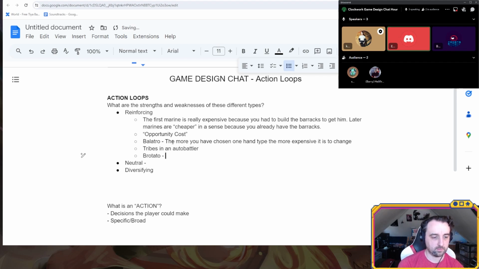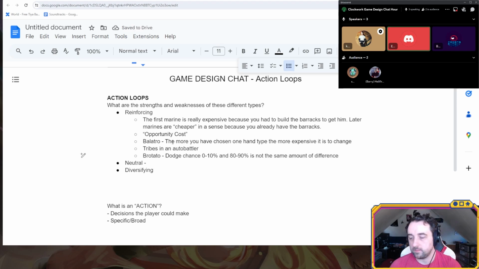And then Dark Twinge a couple days ago mentioned in Brotato there's these damage reduction or dodge chance stats. The way it works is as your damage reduction or dodge chance approaches 100%, it is increasingly more and more valuable, right? If you go from 0% dodge chance to 10%, that's a 10% increase of effective hit points. But if you go from 80% to 90%, that's a 50% increase in effective hit points. That comes up very frequently in a lot of games, usually dodge chance, damage reduction. Sometimes attack speed works that way when it counts down. Cooldown reduction often works that way. Resistances, that sort of thing. So there's a non-linear curve, I guess.